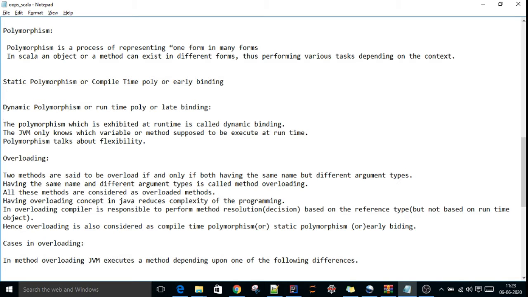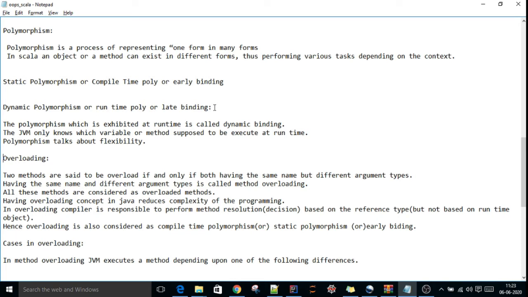Polymorphism that happens at runtime is called dynamic polymorphism. Overloading comes under static polymorphism or compile time polymorphism. Overriding comes under dynamic polymorphism. So we'll discuss what is overloading in this video.